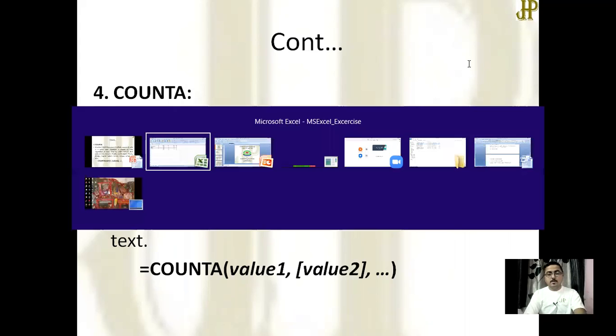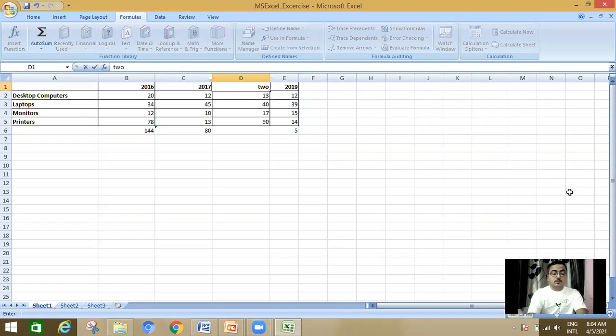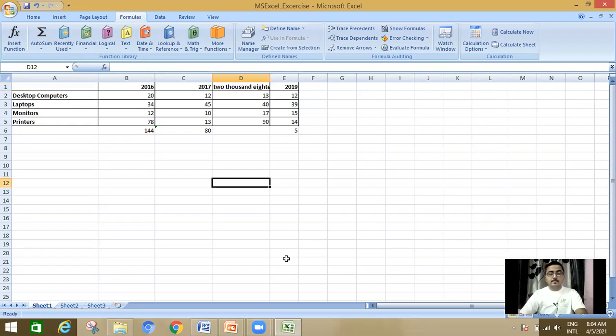For example, here I have changed 2018 to the year written in words. Okay, I have written the year in words over here.